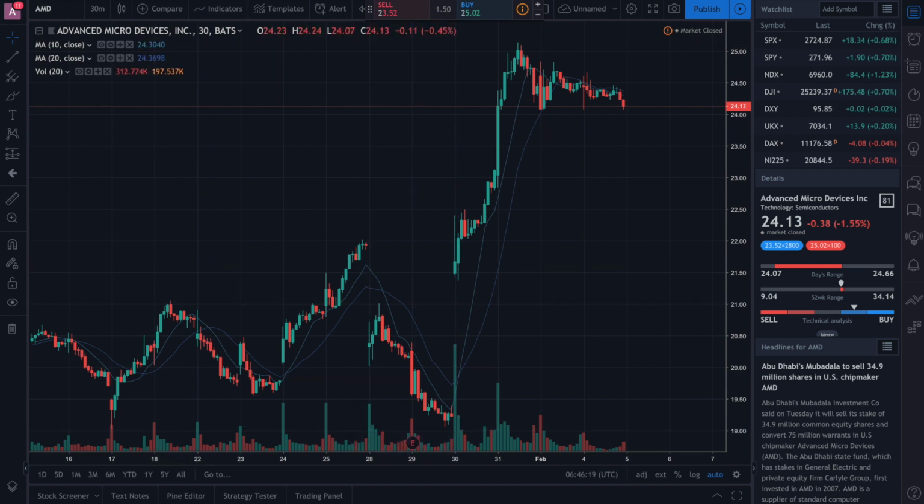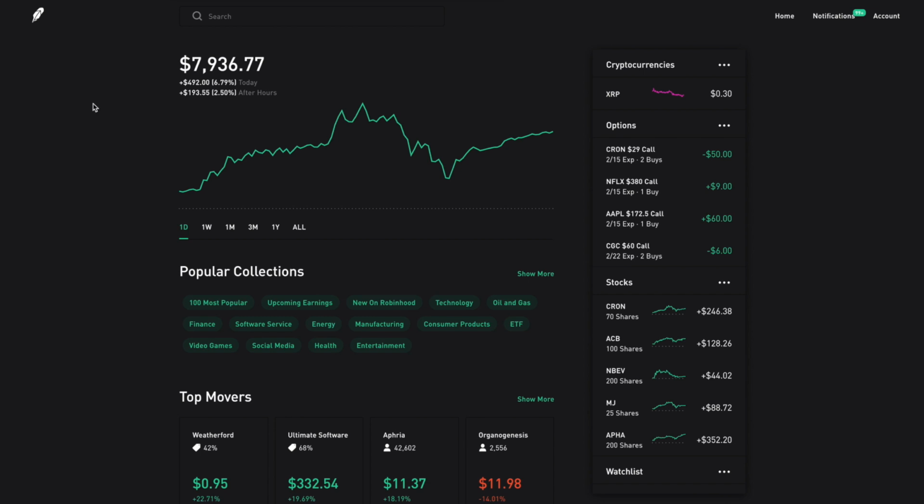So let's jump into Robinhood where I actually did this trading. A lot of people do not like Robinhood and I understand why. Robinhood is actually very inaccurate in terms of its charts. They give you 10-minute increments on their candles, which are usually not very accurate. So I'm going to go into the week. And in 1 week, you can see that I made